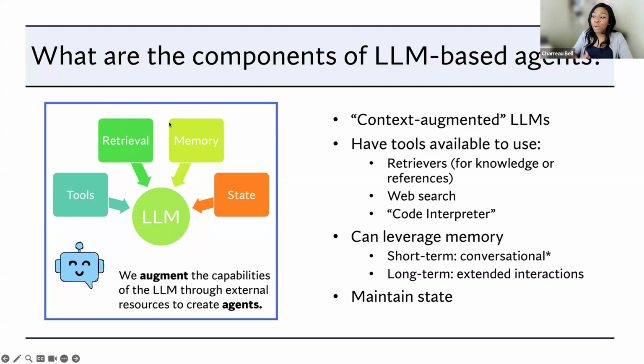We also, for more long-running agents, might give it access to different kinds of memory. There are lots of different kinds of memory. One is a sort of short-term memory. So we always have the conversational history of that particular conversation that you're having, for example. But what happens if the conversation is over days and it's super long? Then what? We can take that short-term memory, condense it, and store parts of it. There are lots of different options that we have in terms of working with this short-term memory.